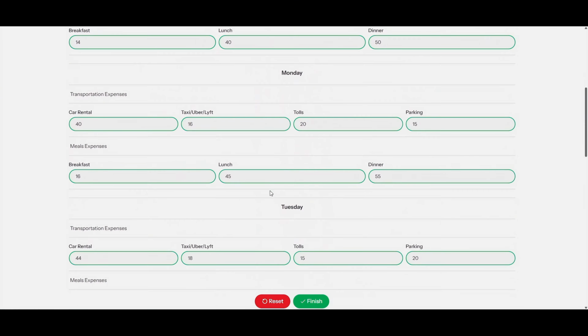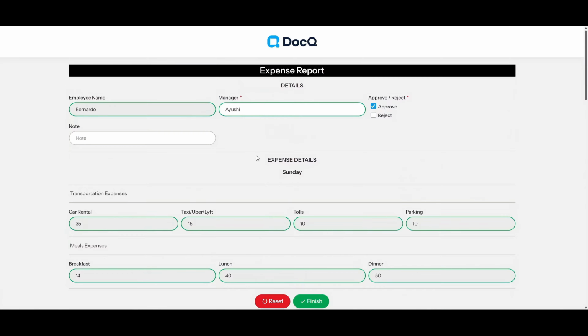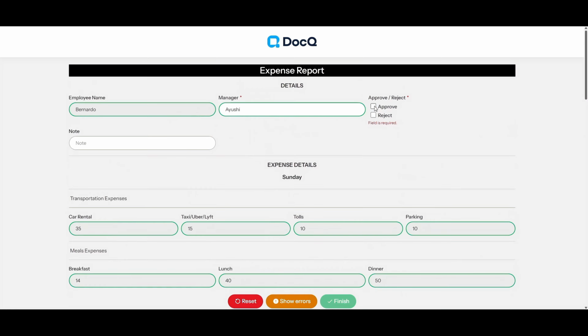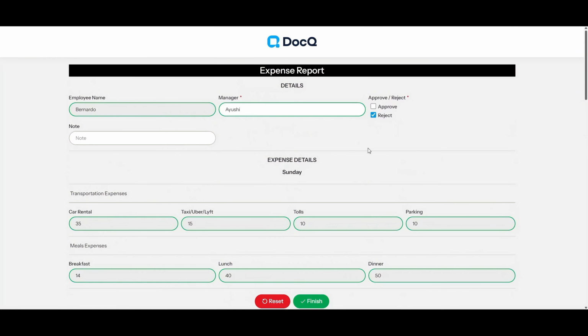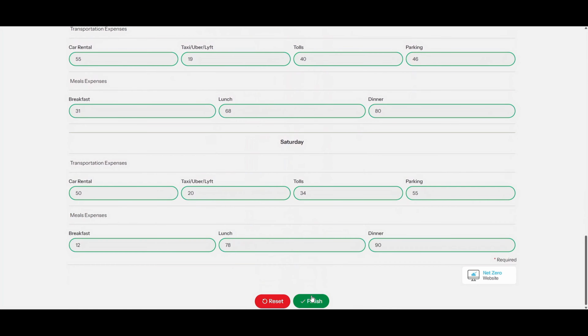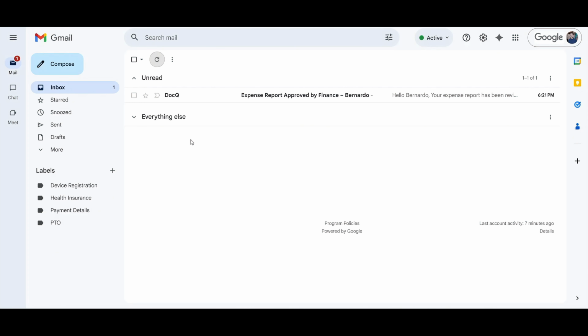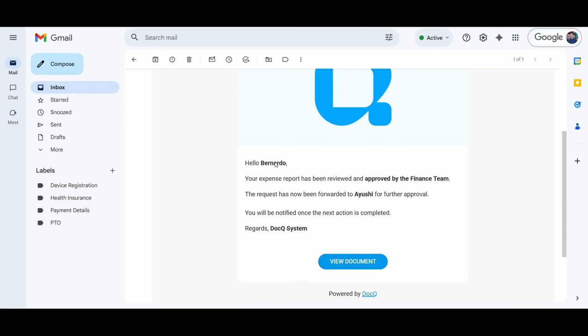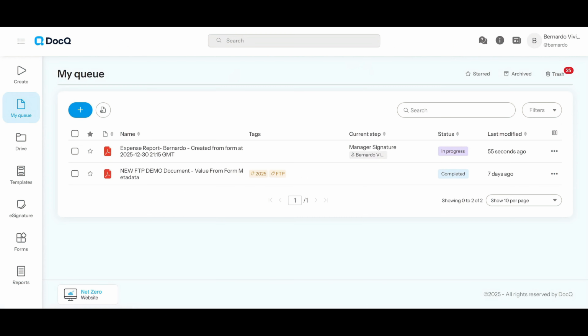In this workflow, the conditional rule is applied directly inside the finance approval step. So, the team determines the next step through a single field in the form, approved or rejected. DocQ evaluates this selection and routes the workflow automatically. If approved is selected, 1. DocQ sends an approval notification to the employee, and